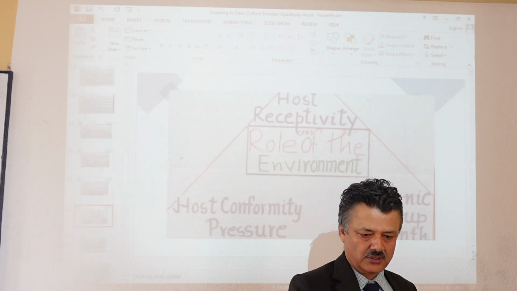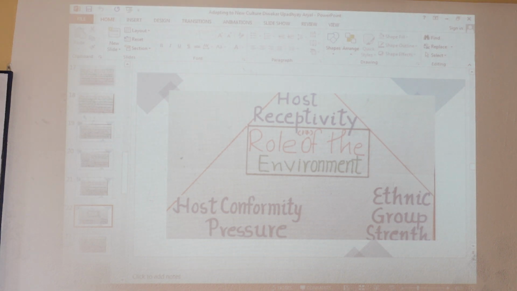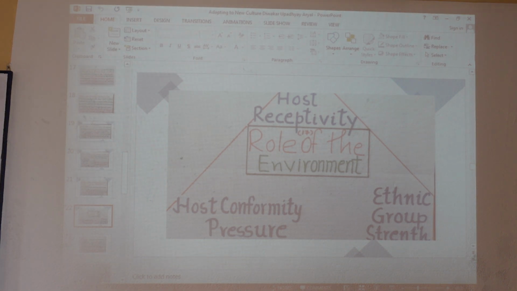Now, the next. So far we were talking about role of social communication. Say with me, role of social communication. Once again. Personal communication. Social communication. Host communication competence. Cognitive competence. Affective competence. Interactive competence. Okay, now we move to next topic, that is